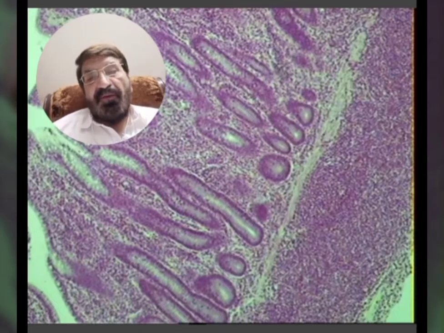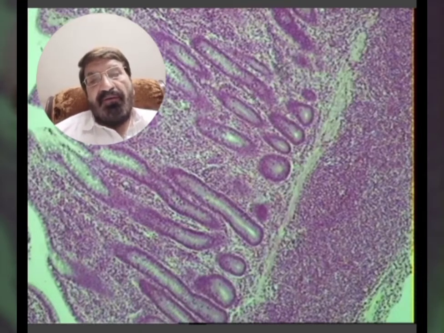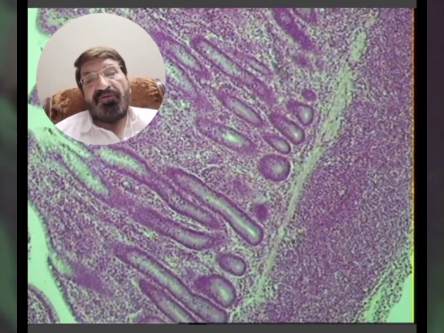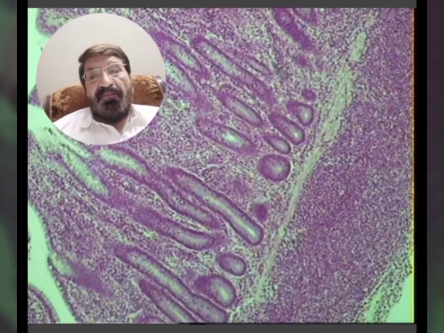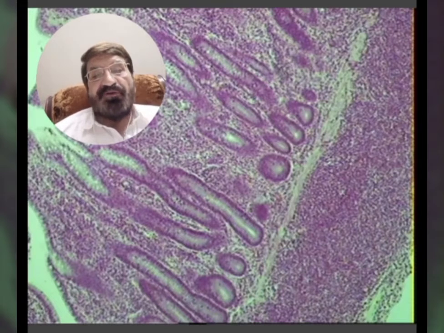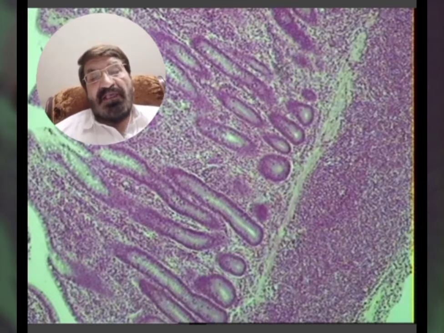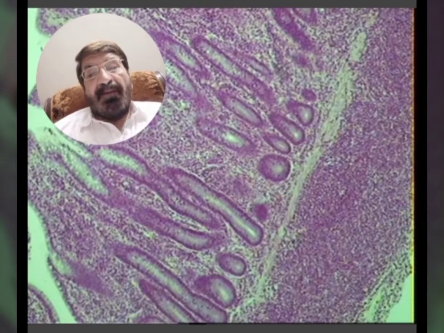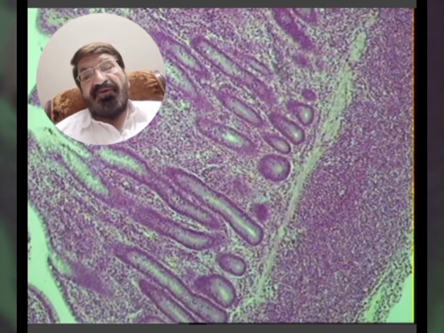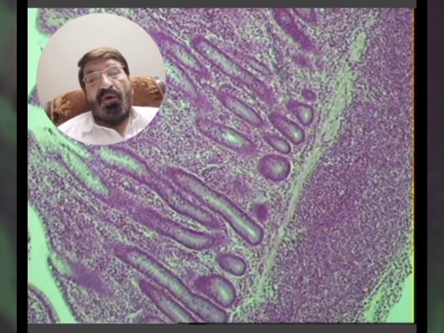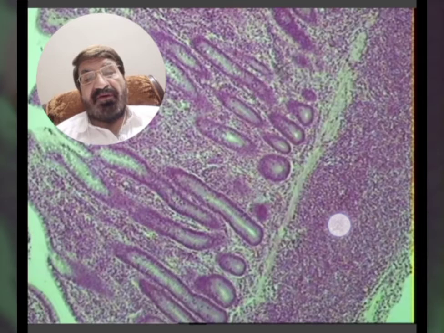And the ileum is the third part of the small intestine. A very important feature in the microscopic picture of the ileum is the presence of this Peyer's patch. Peyer's patch is a collection of lymphocytes. These lymphatic nodules, 70 to 80 in number, unite together and coalesce and fuse together to give rise to a big patch of lymphocytes. And these lymphocytes penetrate the muscularis mucosae and enter into the lamina propria also. So the lymphocytes are present in the lamina propria.